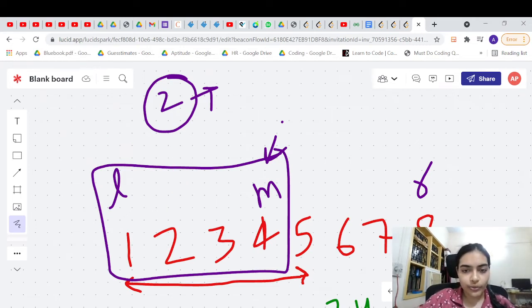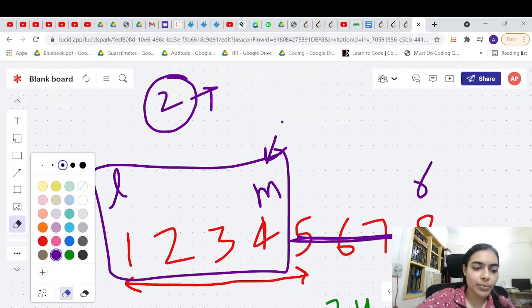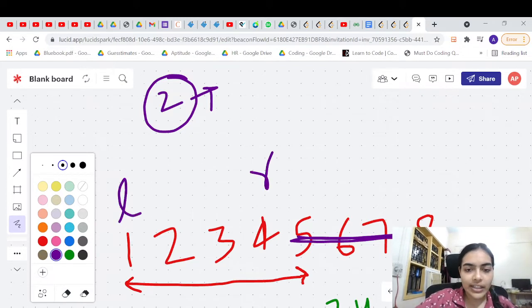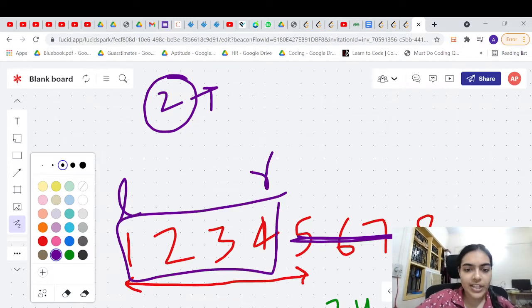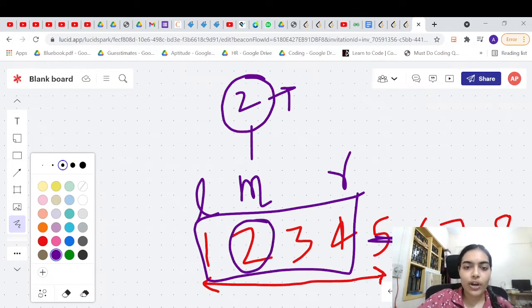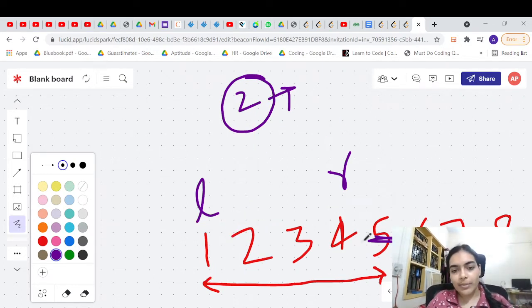So we will eliminate this part of the array, and we will shift our pointer. Right is useless now. We are just left with left and right here, and then we have this part of the array. We have totally ignored this other part, and we are coming here. Now what is your mid? Your mid will become 2, and now you are looking at 2. So you will return the index of this element, you have found it. So this was a simple algorithm.